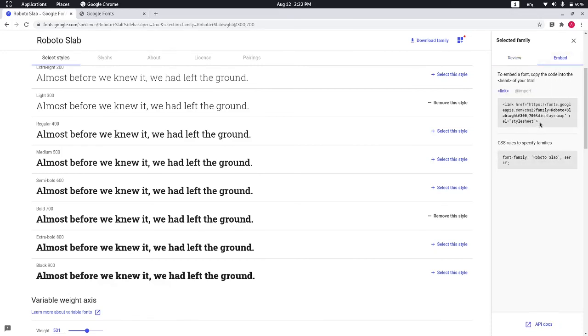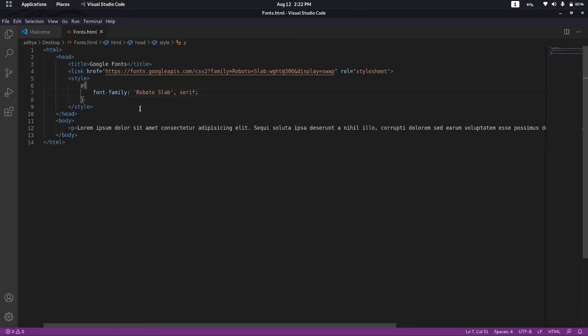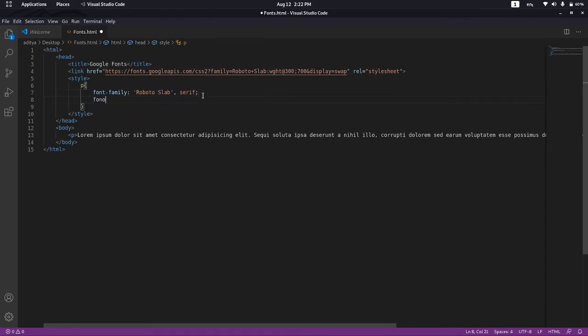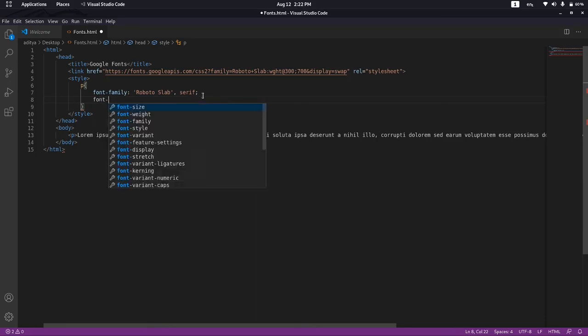Click on the embed tag and just copy this one, or instead of copying, what you can do here is just open the file, after this 300 enter a semicolon and then write 700. Here specify the font weight, sorry, typo over here, font weight to be 300.